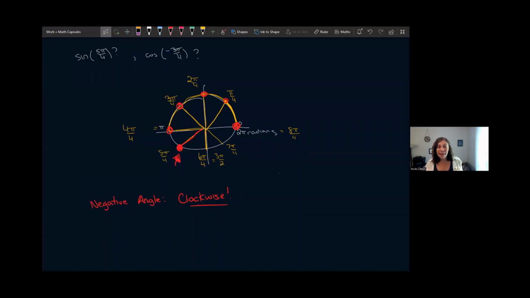Now, remember that anytime you have a positive angle, you're counting around the unit circle counterclockwise. But if the angle is negative, then you're going to count around the opposite way. You're going to go clockwise. So if I needed to locate the angle negative 3 pi over 4,